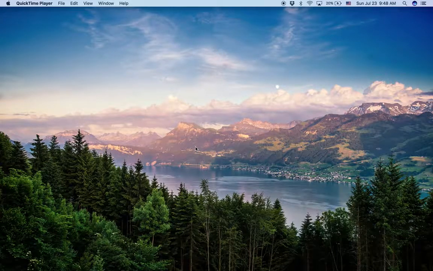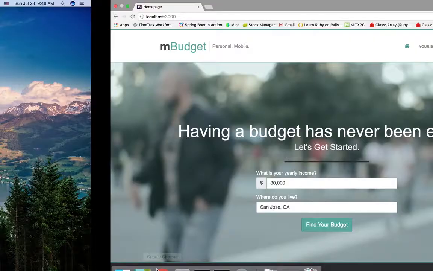Hello. There are many online budget tools, and popular among them is Mint. I am a Mint user, and it's great, but it doesn't give me a general idea of how I should budget my money, whether I set a category too high or too low, for example, for food. So I created